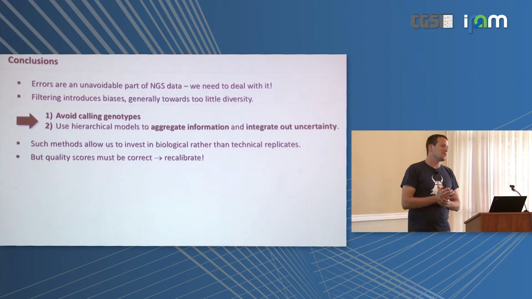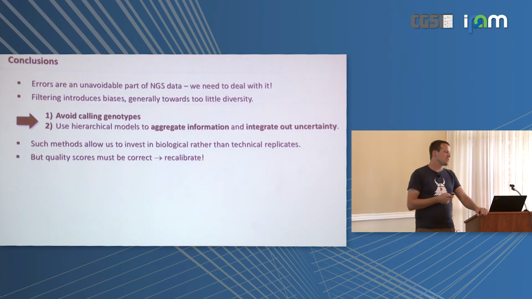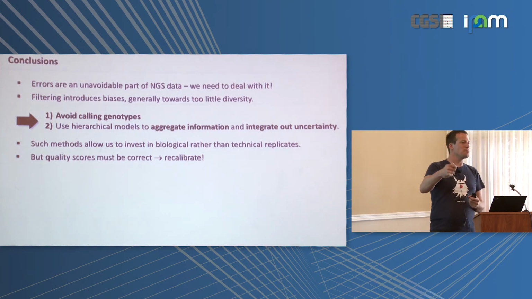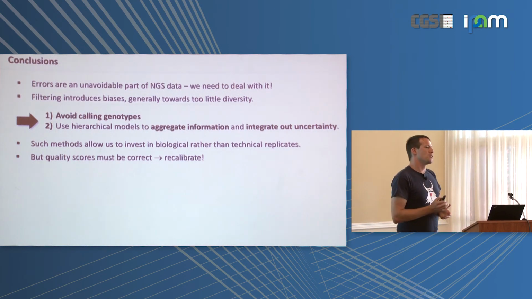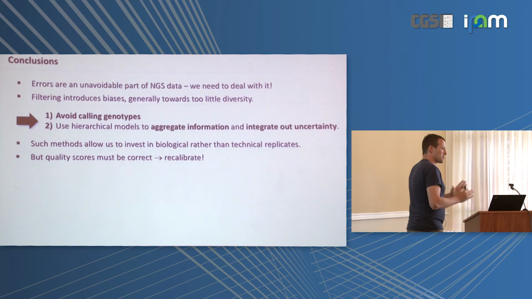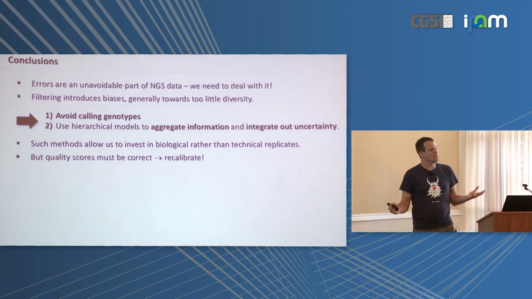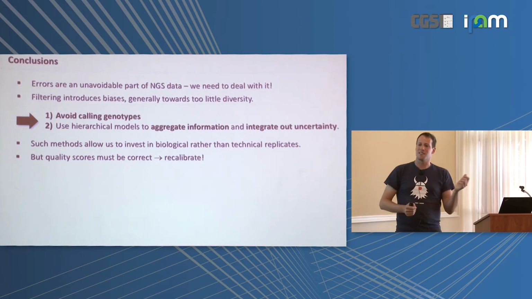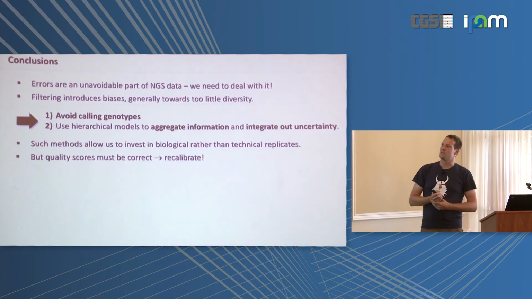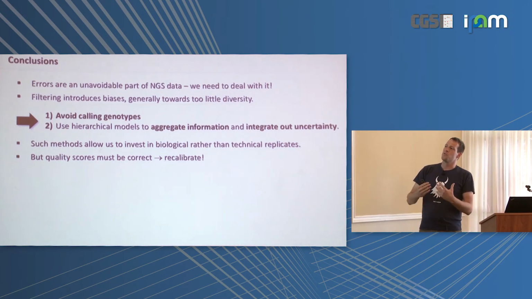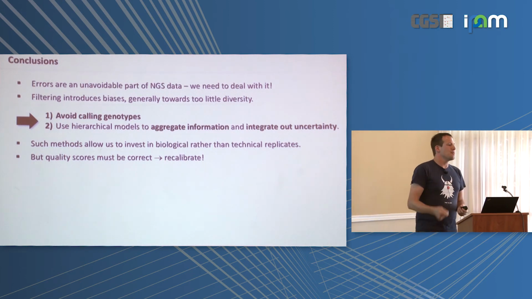And I think as statisticians, computational biologists, bioinformaticians, filtering is really not what we want to do. If we just say, oh, I don't trust this thing, we can introduce a lot of biases in our analysis. If you're just looking for a GWAS hit, then it's maybe the right thing to do. But if you're interested in the genetic diversity of some people and you just start to throw out random things, that's definitely not going to give you an unbiased view. So I think generally we should move away from using filters to decide what we trust,